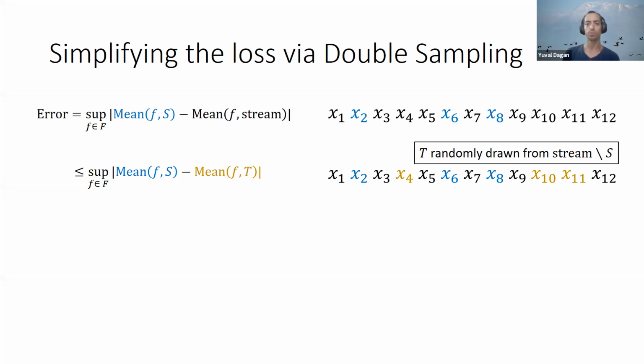we actually want to replace this very large stream with a smaller stream. And for this purpose, we will draw another sample, the yellow sample, randomly from the stream. And instead of comparing blue to stream, we will compare blue to yellow. And I just want to say that yellow actually represents the stream truthfully. And that's because the yellow sample was drawn only for the purpose of the analysis, and therefore it doesn't interact